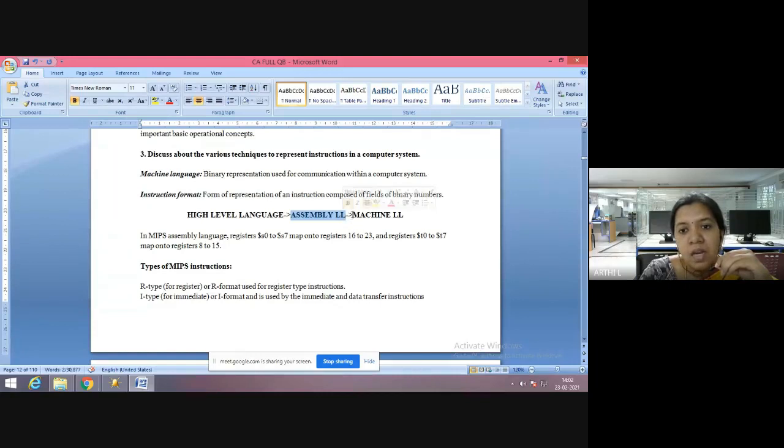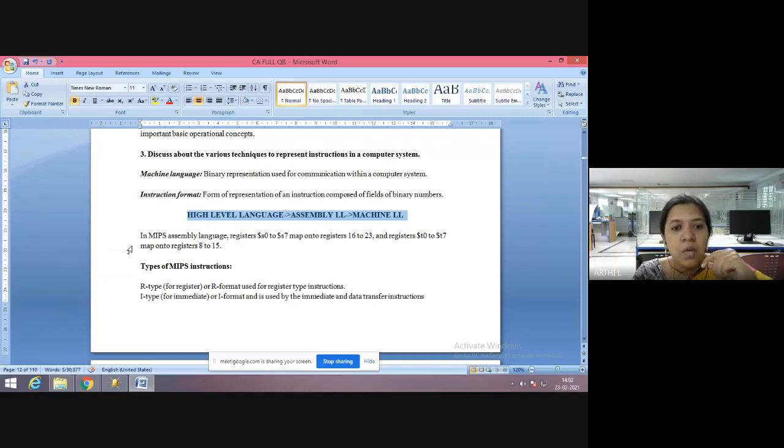Then comes the machine level language. If you understand this clearly, you will know what happens inside the computer. You'll have clarity of what happens inside. So if you have any bug, or if you are going to perform any troubleshooting in future, you will understand how to do it. You will have a broader view. So this CA helps in that.